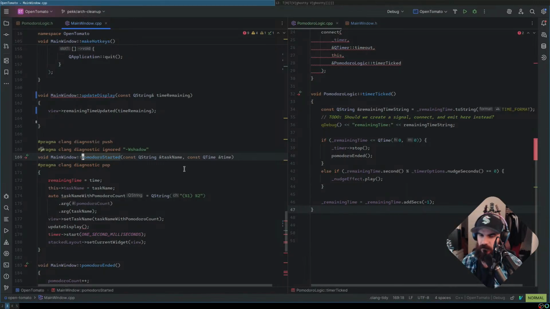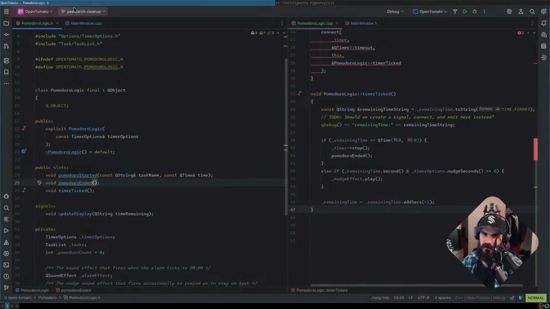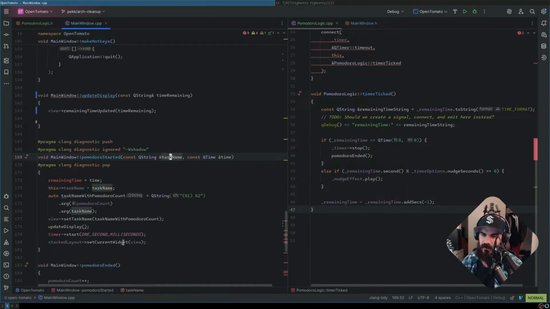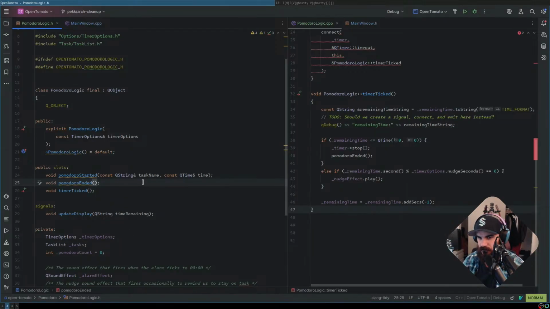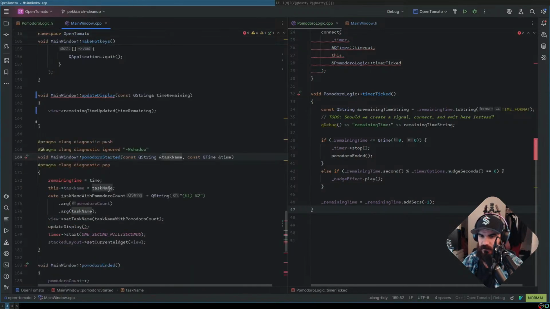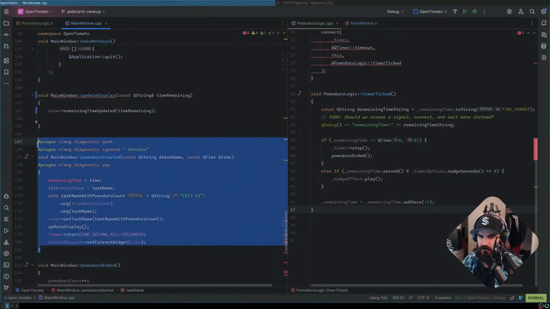We can connect that to here. The thing I need to know is, instead of passing a string, well, we're not going to change that yet. I was going to say, instead of sending a task name string back, it might still be a string, but I might have to send something else that references the task object. But we can do that later. Right now, we're just doing a drop-in replacement, doing things one step at a time, so focusing on just making this work the way it already works.